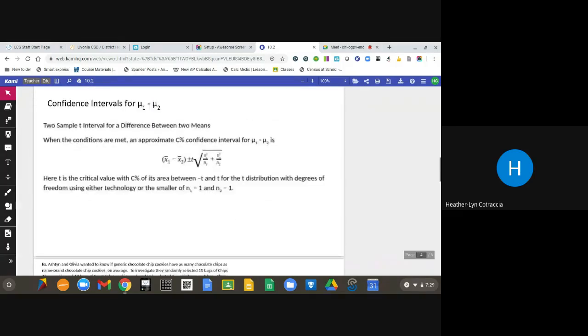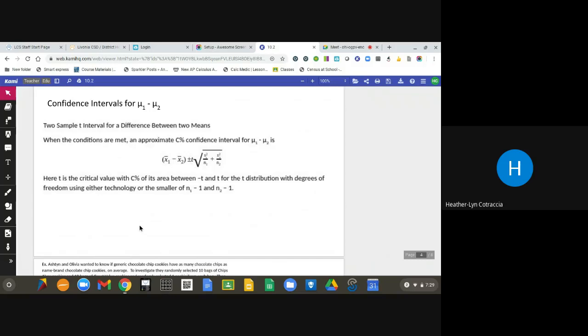Confidence intervals. There's your formula. Again, it's on your reference paper. You're going to subtract your differences. Please make sure that you clearly label what your mu1 is and what your mu2 is, because order does matter, obviously. To find that t value right there, that t statistic, again, this is a little bit different than a z statistic, because with z,